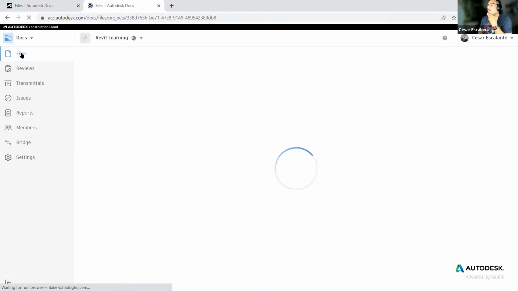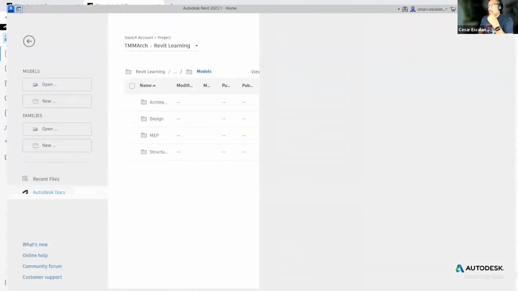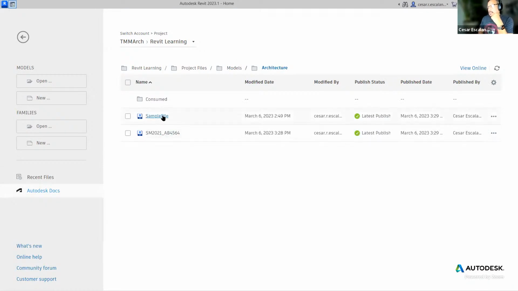Okay, so wow, it's 7:13 already. I wanted to cover how to publish a file, and then I will close. I'll end the class. Hopefully by now everybody has access to the Revit work in progress bucket. And remember, the work in progress bucket is not the same as the web portal. Here you have access to the live central files. And if I open architecture here and I open this sample file,